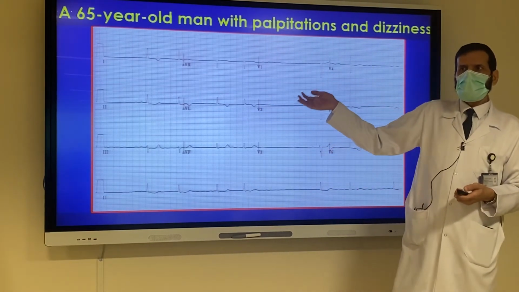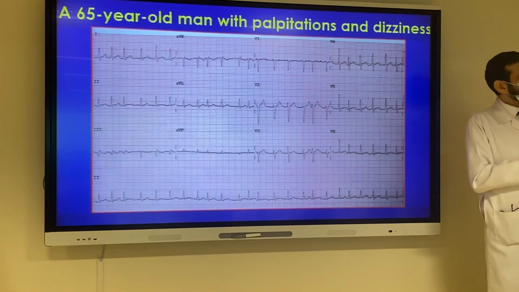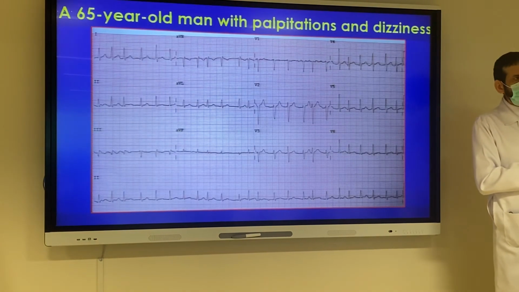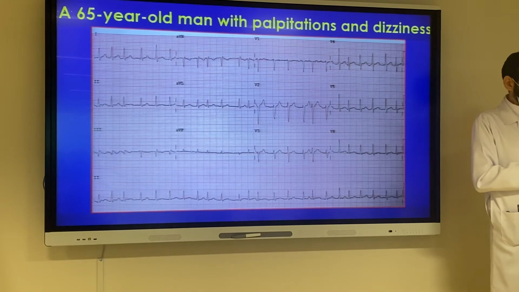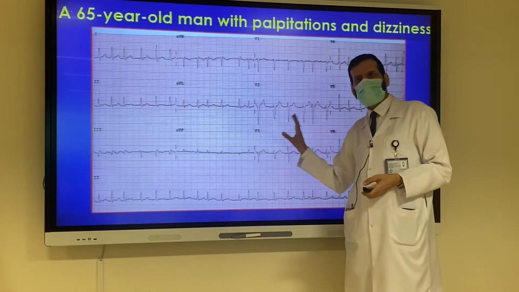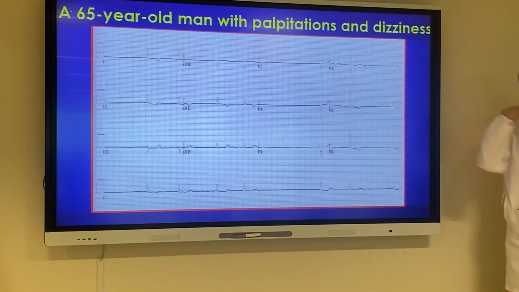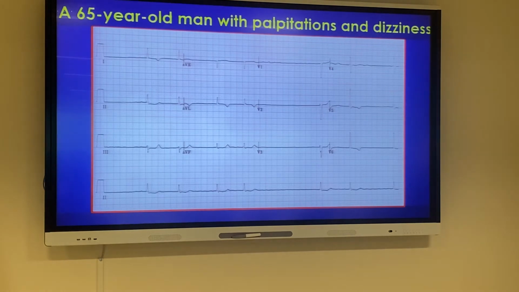The first one, remember atrial fibrillation, the rate in the atrium is 350 to 500, so the atrium is fast all the time. But the conduction down the AV node here is fast, so this is called atrial fibrillation with rapid ventricular response. The second one, the AV node is not conducting fast, this is called atrial fibrillation with a slow